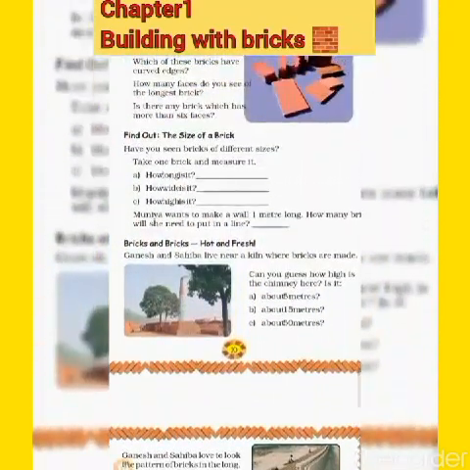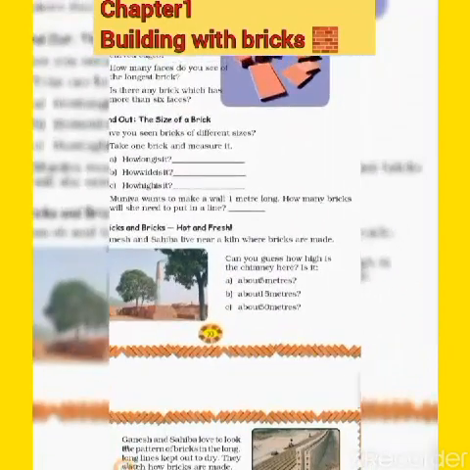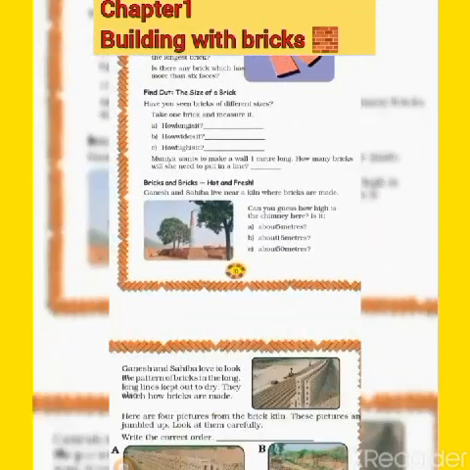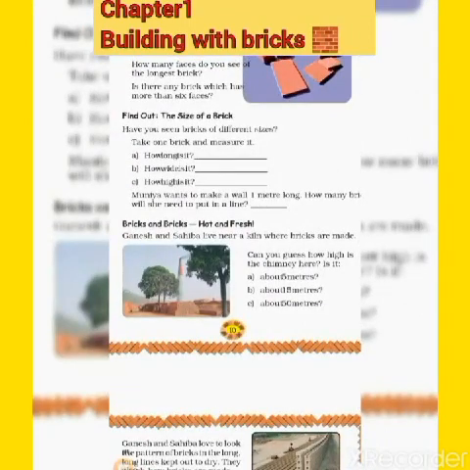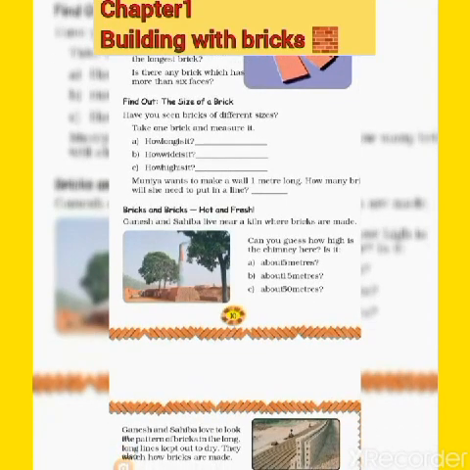So now you go to this. Just answer this question. Can you guess how high the chimney is here? In between these two trees, one chimney is there. The chimney is part of a kiln. Usually the height will be in meters, but definitely it is much greater than these two trees. So the options given are: about 5 meters, about 15 meters, about 50 meters.